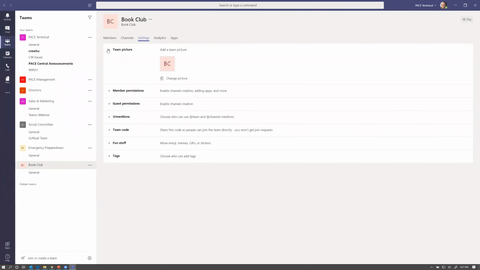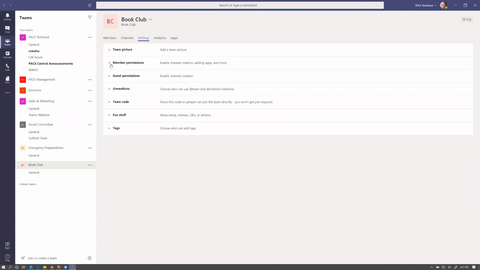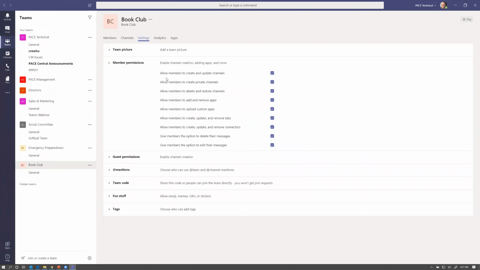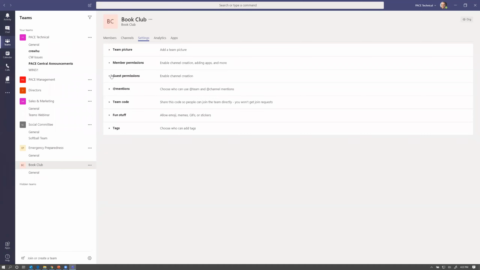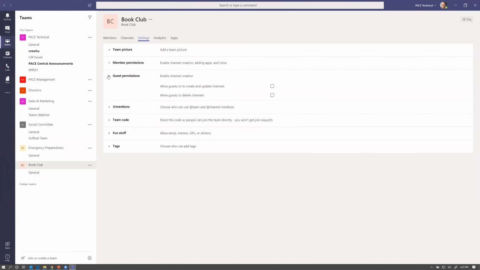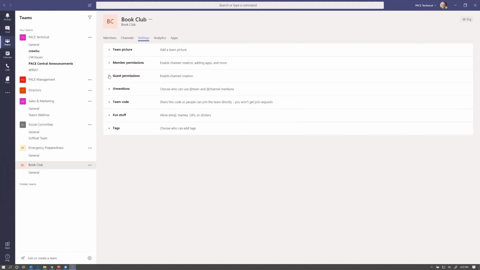So team picture, I can change the team picture. I can manage permissions of the team, allowing what people can do. Can they create channels? Can they create private channels, etc.? You can get pretty granular there. Guest permissions, by default, guests can't create or delete channels. You have to activate that there.